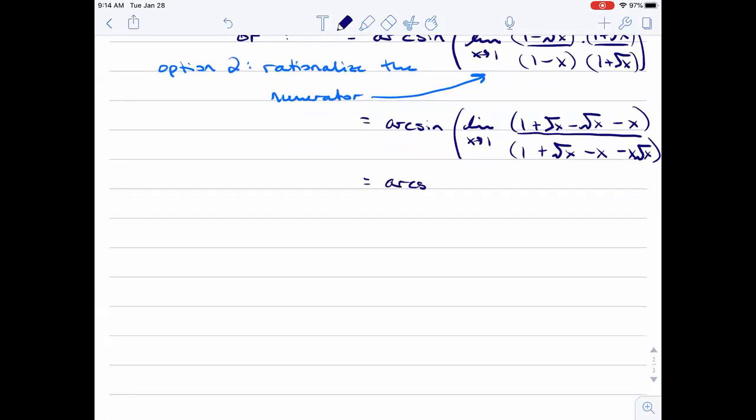This becomes the arc sine of the limit as x approaches 1 of 1 minus x. We cancel out, and then we get